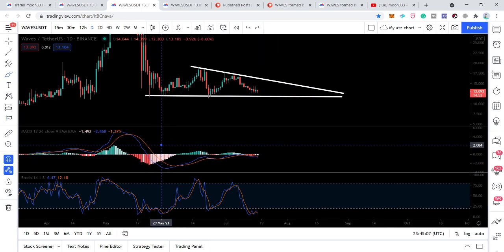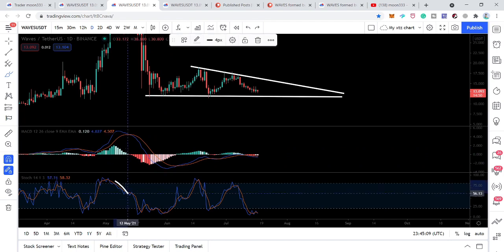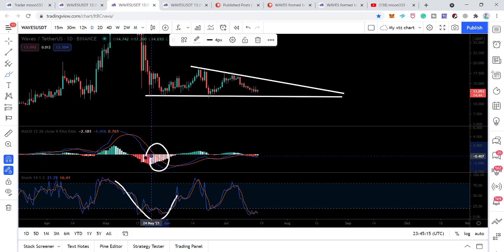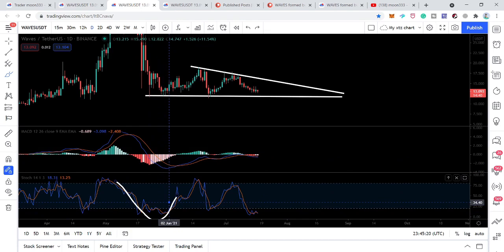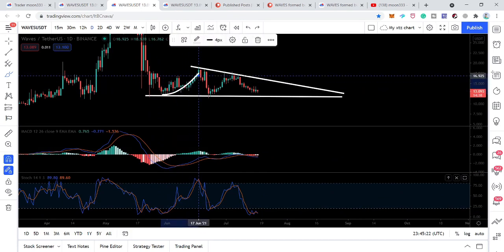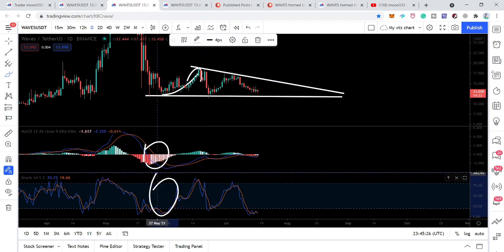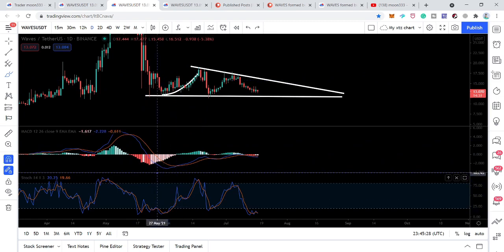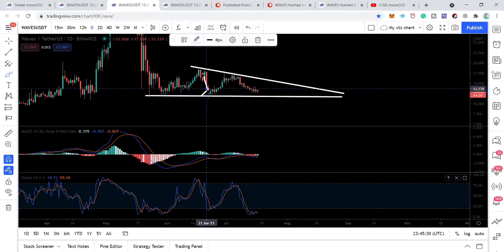That was a bullish signal, and the stochastic oscillator was oversold. And when we received this bullish signal by the MACD and the stochastic started turning bullish, we can see that we had a very nice rally towards the upside, and the price action followed the signals of the MACD and the stochastic oscillator. Then again, the price line moved at this support here,